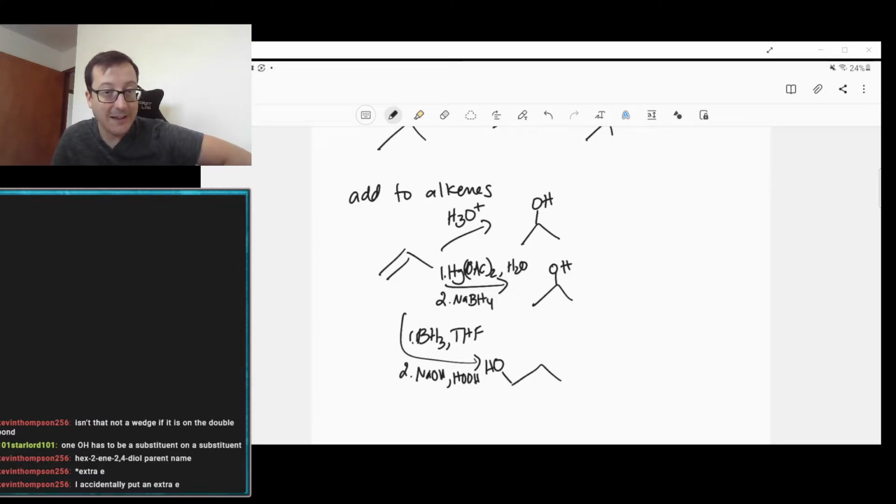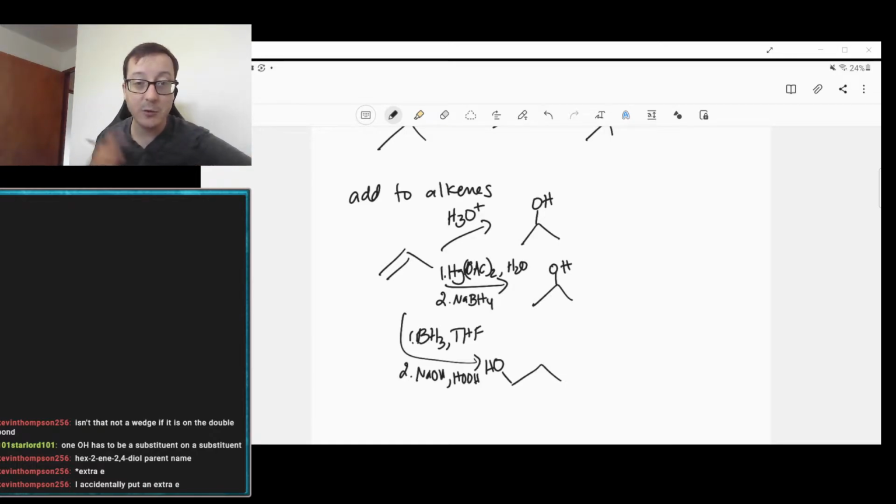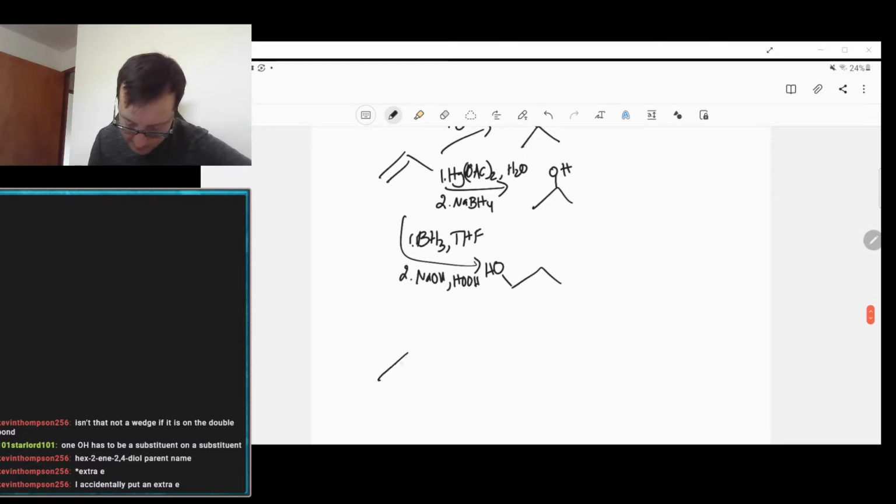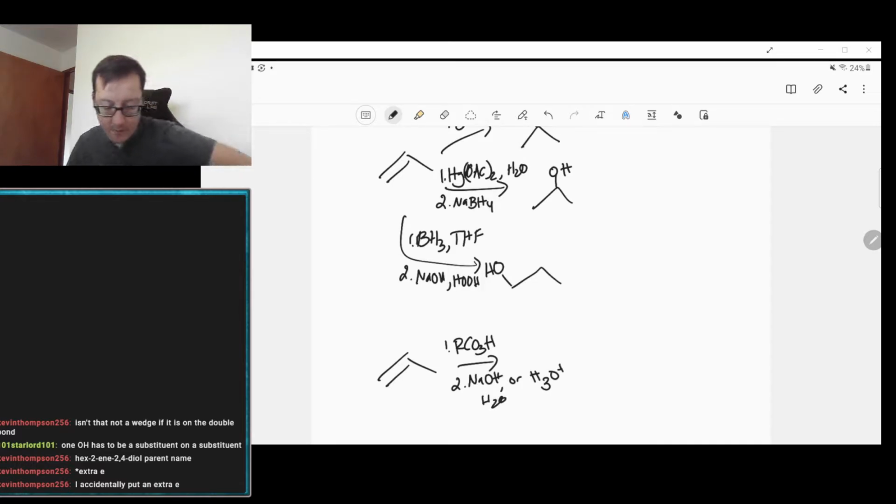So we can add things to alkenes. You can do hydrolysis. You could do oxymercuration, demercuration, or you can do hydroboration oxidation. That'll give you a single alcohol. You can add multiple alcohols. You can use either basic or acidic conditions on an epoxide to give you